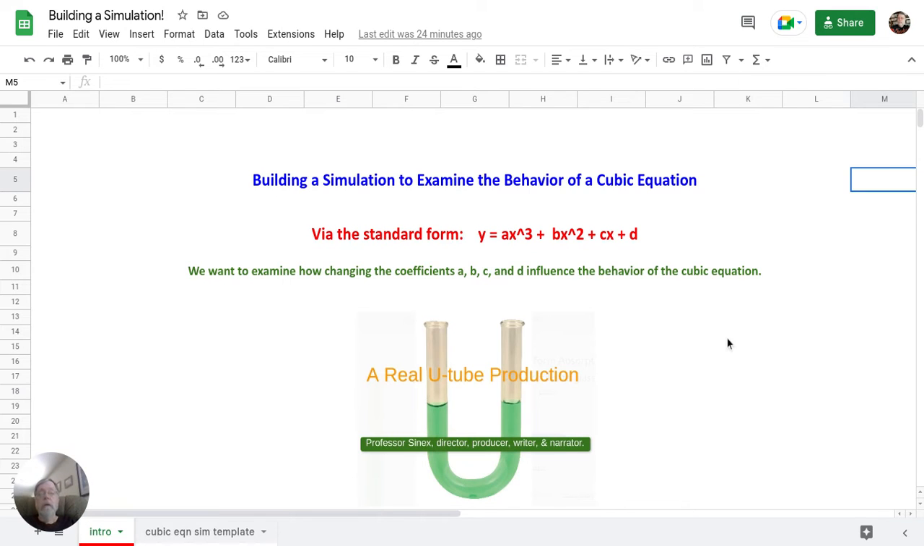So now, once you learn how to do the cubic, you can build yourself a whole series of your favorite mathematical equations: linear, quadratic, exponential, logistic, and examine behavior. Great way to learn some